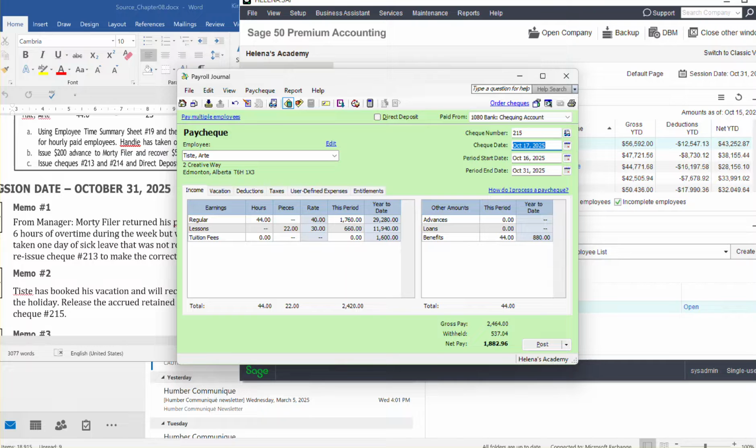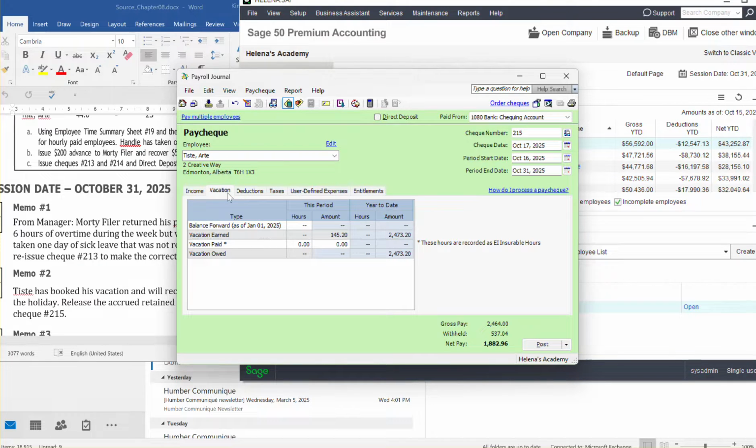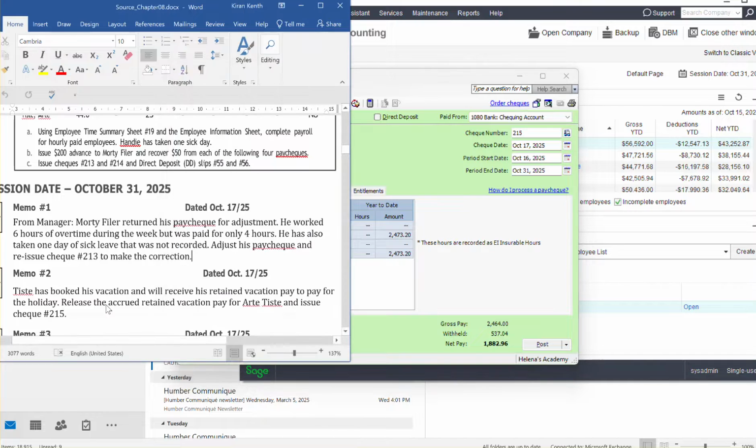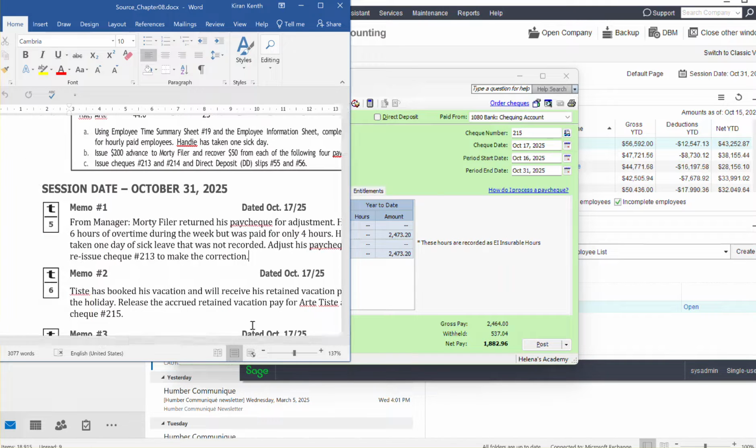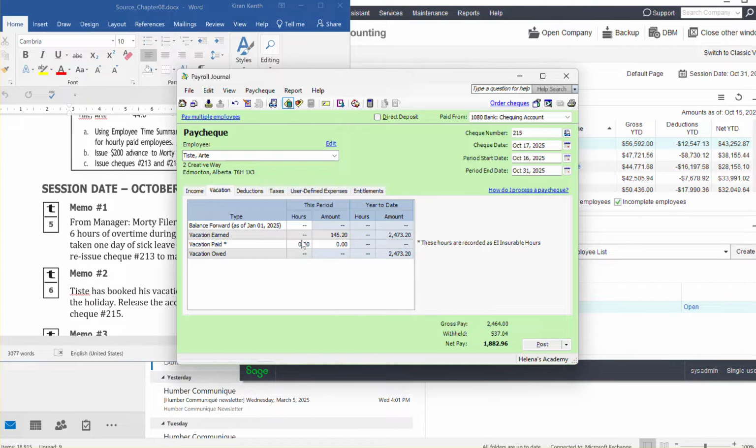So what we are doing is we are paying this person a vacation. When you look at the vacation, we needed to know how much vacation we owed them, and that's what you're paying them. Did they tell us how much was vacation? Will receive his retained vacation pay, the holiday release. They did not tell us how much was the vacation. So there's a different way of doing it. It seems like this is the money that is paid to him. We wanted to know if that's the amount. I wanted to see it in my